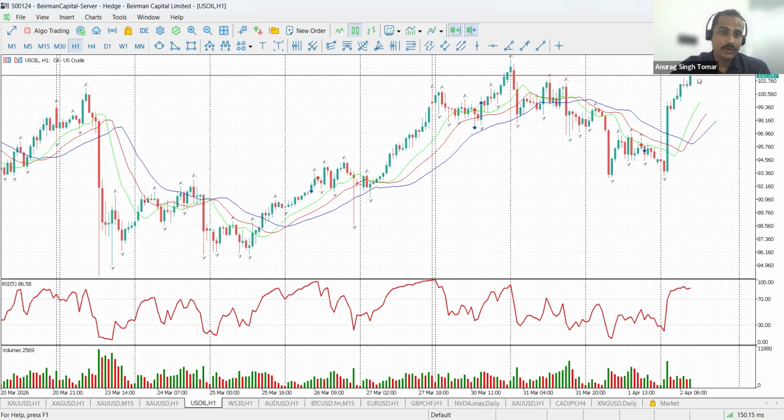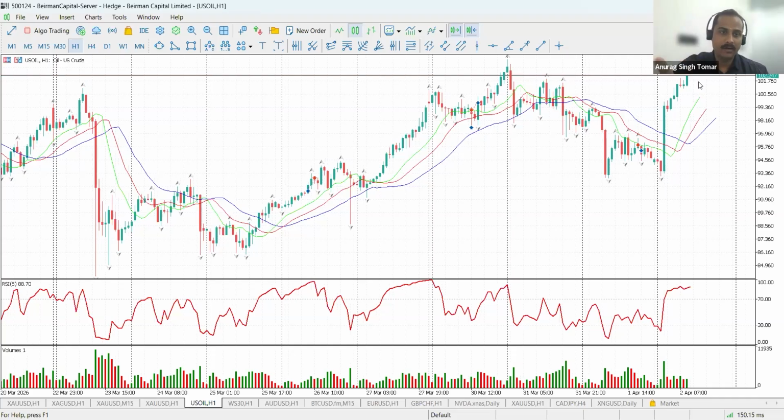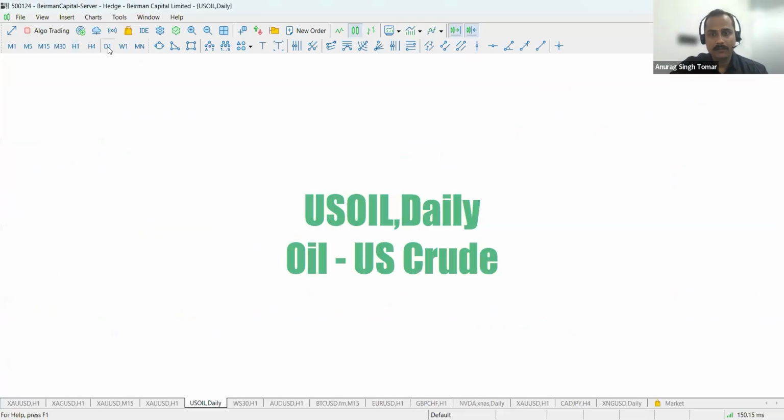Any dip which comes into the oil price will bring more buyers, because for them this is going to be very attractive. And if you ask my personal opinion, as long as this war is escalating, the highest mark which the oil prices can achieve is $120 per barrel. Now let's have a look at the daily time frame.